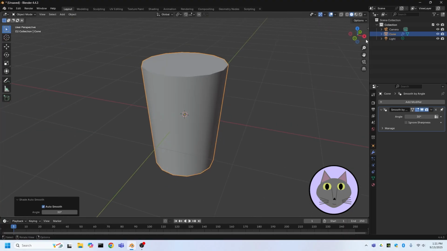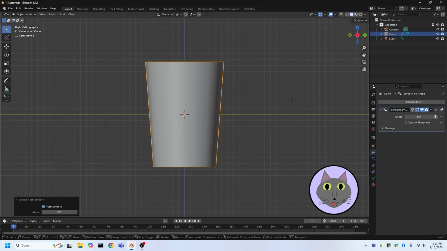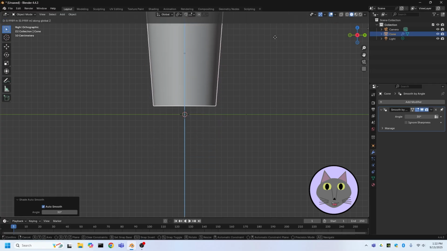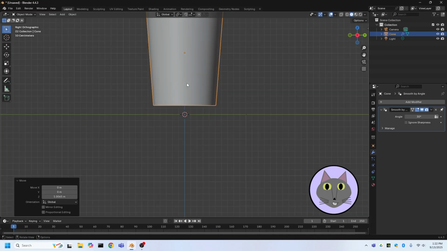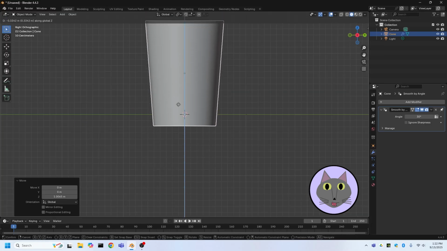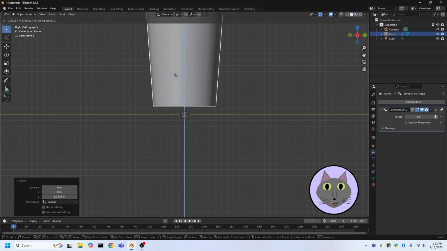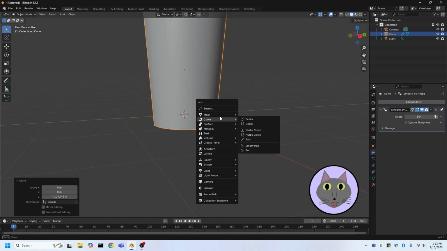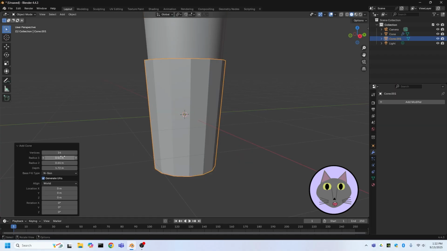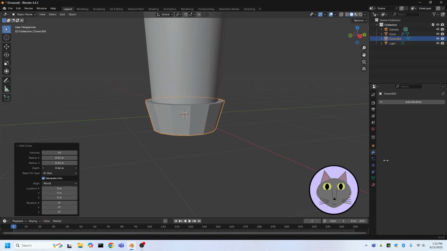We also want it to be standing on like a stand, kind of. So click on this X, and with G and then Z, you can move it up and down like that. So move it just kind of like that. It doesn't matter too much. Then we're gonna create another cone. We're gonna have a lot of cones in this model. Again, we don't want a perfect cone, so just decrease the depth, and